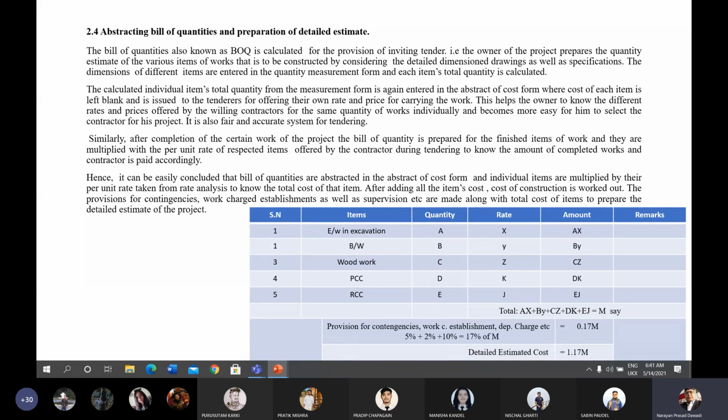For such provision, a bill of quantity is prepared, which is a BOQ. BOQ means it is the tabulation of the quantity of each and every item of the work in the prescribed form. It is tabulated or entered in the prescribed form, which shows the different items of work that are to be constructed in the project with their quantities, but rate and